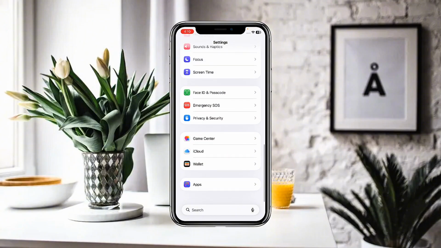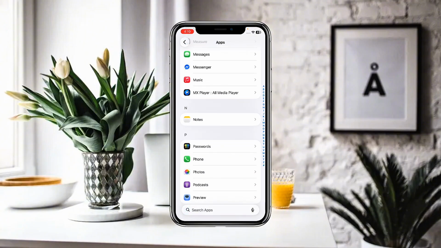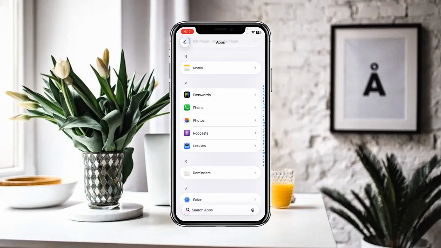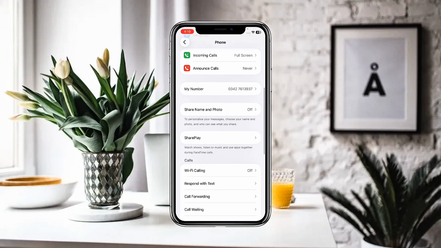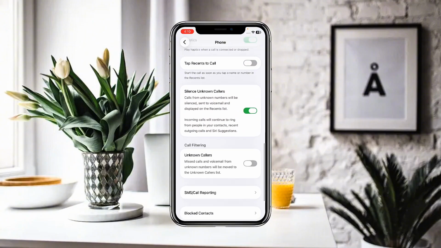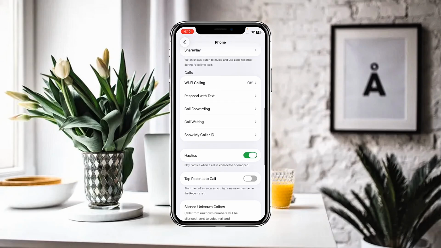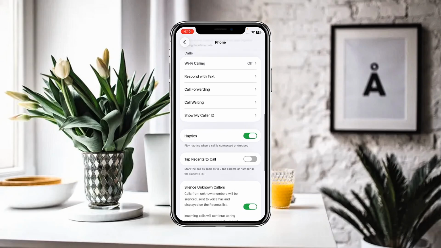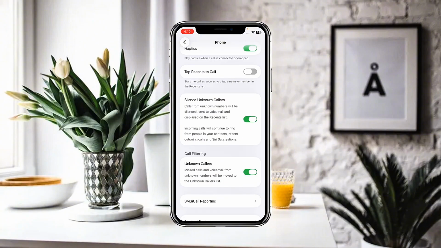Now you have to go to Settings again, and this time you have to look for Apps, and in Apps you have to look for the Phone app, and after that you have to click on that Phone app, and here you have to look for the unknown numbers, unknown caller settings. So here you can search for the settings of silent unknown calls, and if you turn this on,